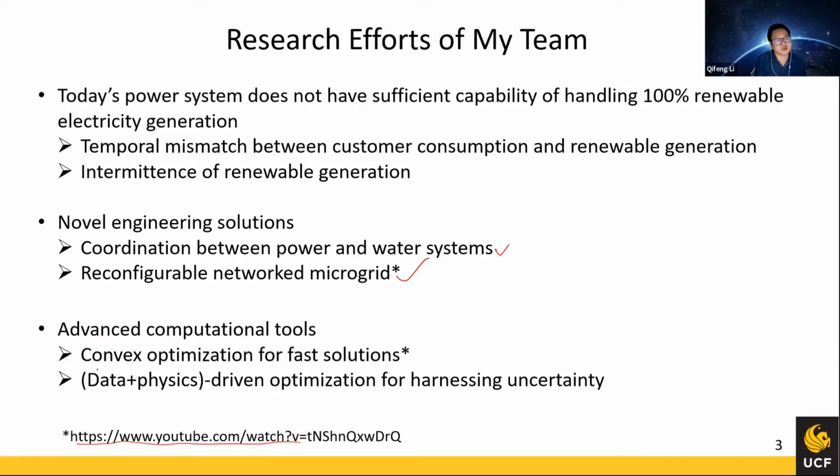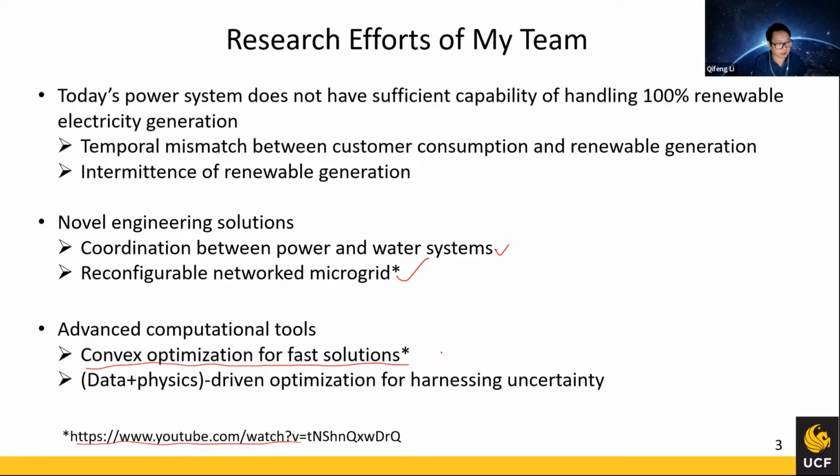Also two examples. First, the convex optimization for fast solution. The basic idea of convex relaxation or convex optimization is similar to linearization. You have a very hard to solve nonlinear problem. You linearize it, it becomes easier to solve. But of course, the linearization is not accurate. Sometimes it is quite inaccurate. And the idea is quite similar.